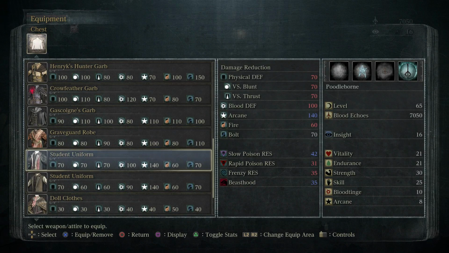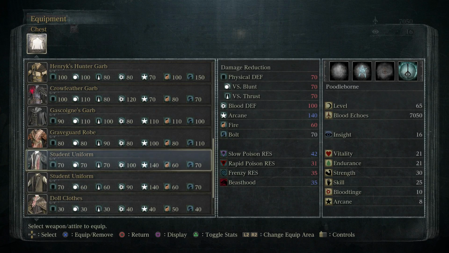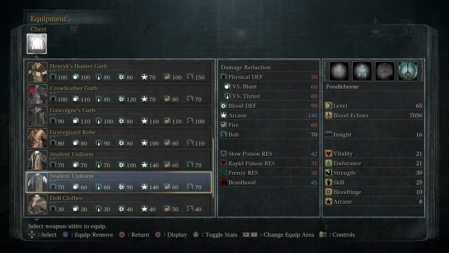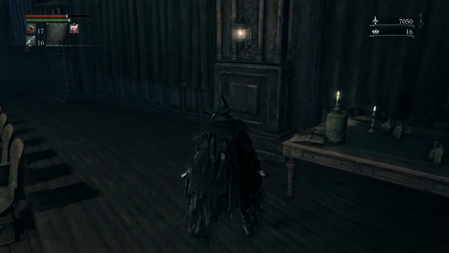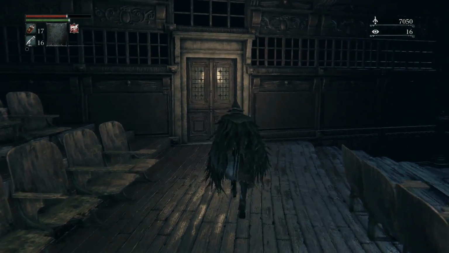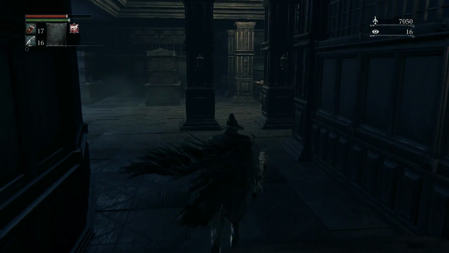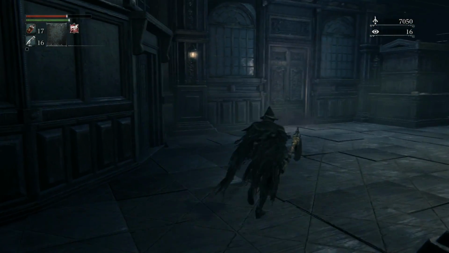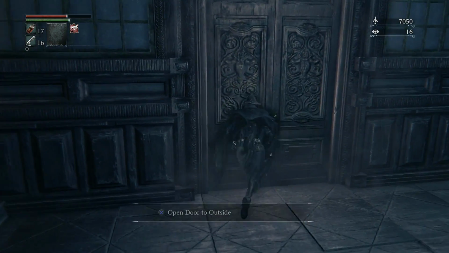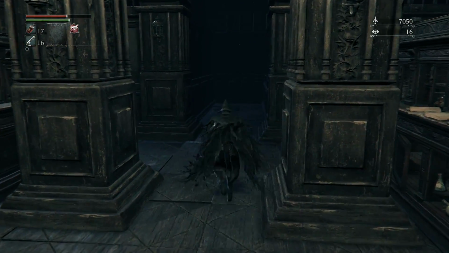Stats-wise, okay, so the non-caped student uniform has slightly lower blunt thrust and blood defense. But other than that, it's exactly the same. The only difference is one has a cape and one does not. I forget if we ever get the gloves and the hat for the student uniform, but we might not. I'm not sure, but we'll find out. Okay, so this is just further down. This door right here, open door to outside. We'll check that out momentarily, but for now...